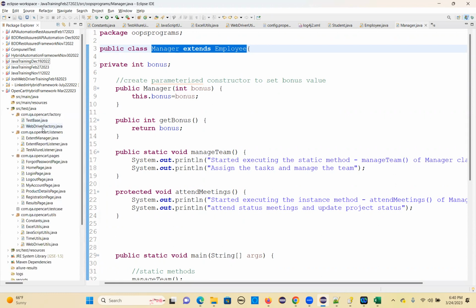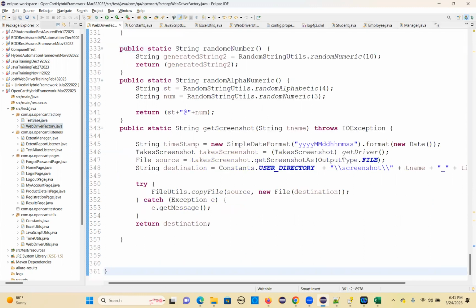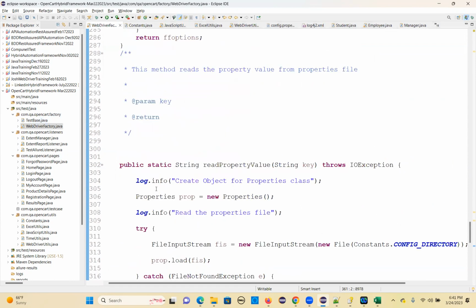So what is this WebdriverFactory class? In the factory package, what is TestBase class? So you have to explain like that. We have a factory component. Under that, we have a WebdriverFactory, or WebDriver related reusable methods. Again, methods only. I give everything methods only again. WebDriver methods will be there. So this WebdriverFactory class, what it is doing is,